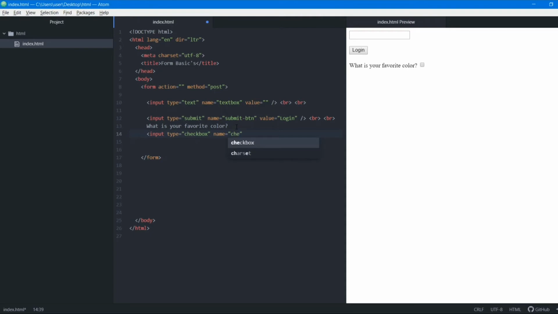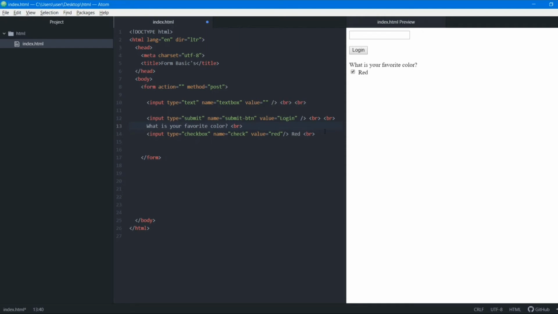Let's call it check, and I'll give it a value. Suppose the first thing I want is red. I'll close this input tag and I'll write red outside this tag. I'll give a line break tag. Now you can see that red has appeared here, and now I can select this. So this is what a checkbox basically is. You can tick on it, you can check on it, and it's a box, right?